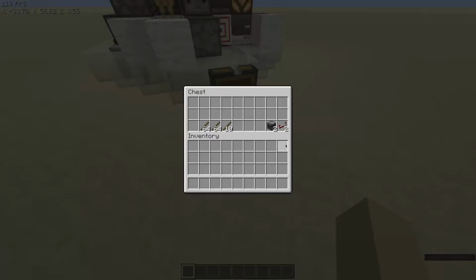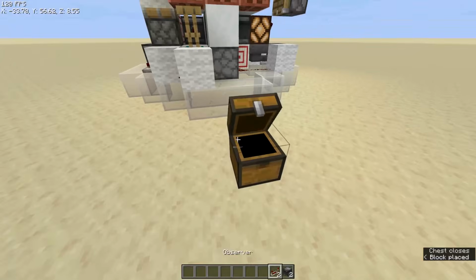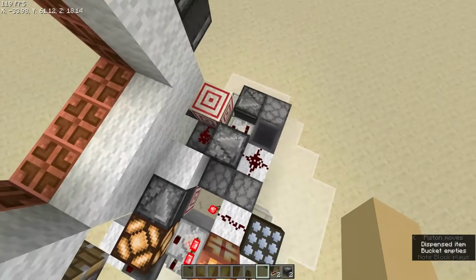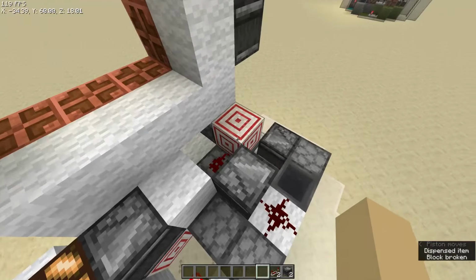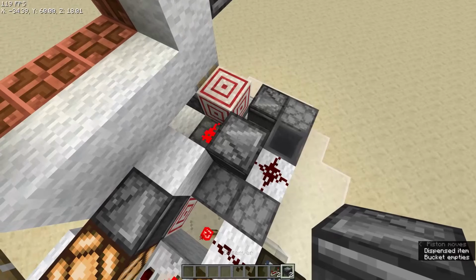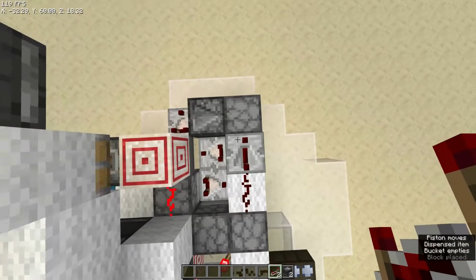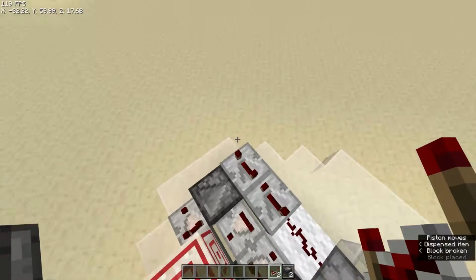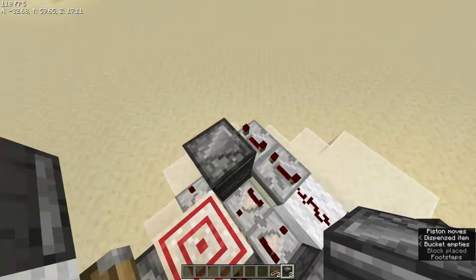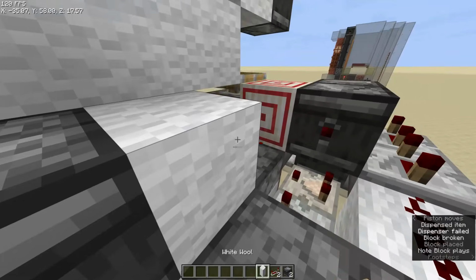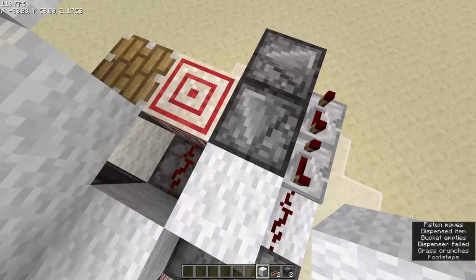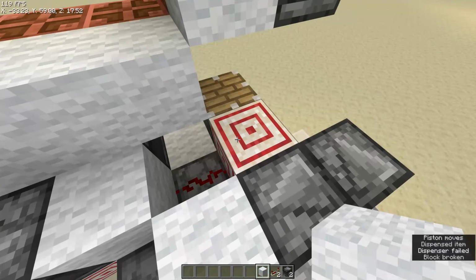And now we have these two items. Yeah, this is if you're in Bedrock Edition. So this counter will break if you do it like this. So what I say is that you should do this, and then the block here. And what I was saying earlier about that target,